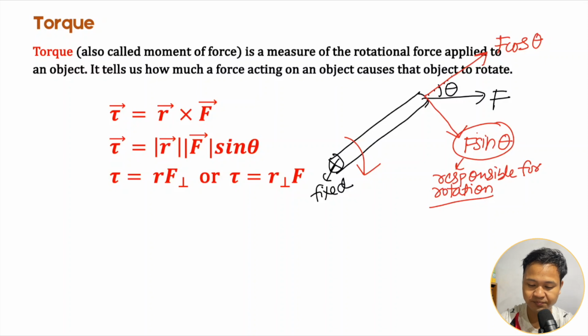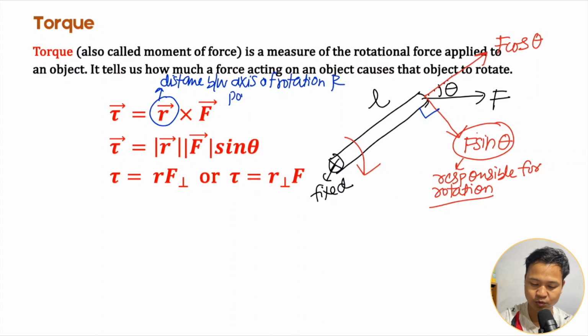So here you see the next thing you have to observe is this component F sin theta. So it is perpendicular to the length of the rod L. Okay, in the formula R comes in. So what is R in the formula? So here this is the distance between the axis of rotation,